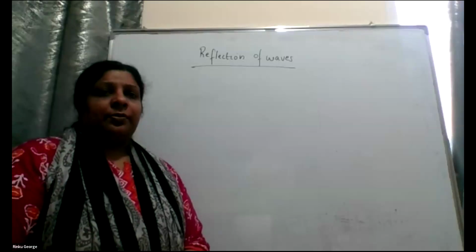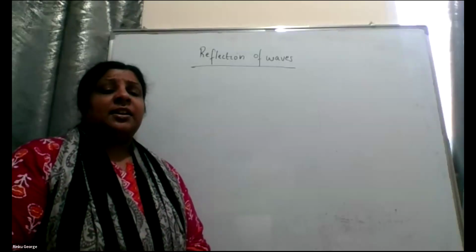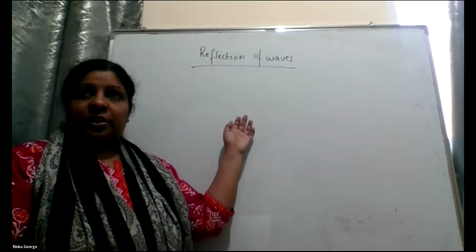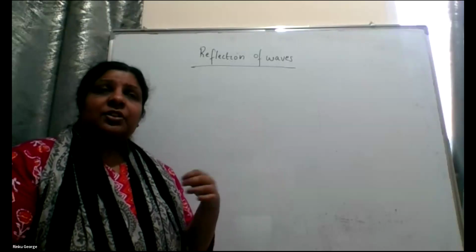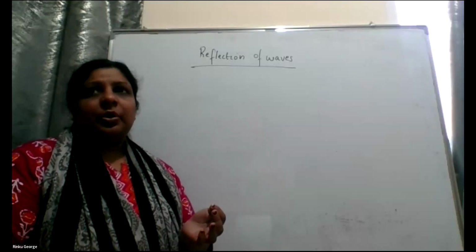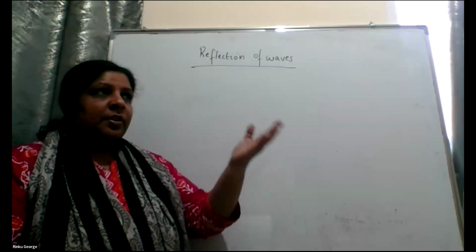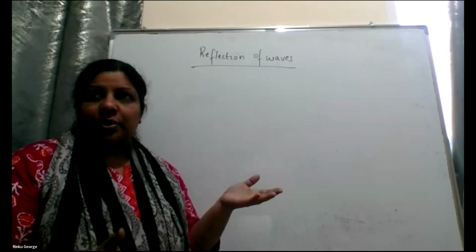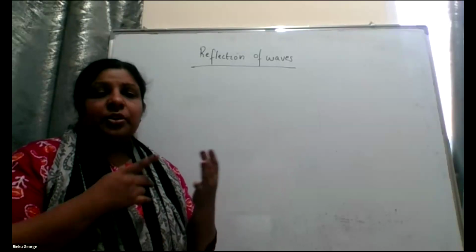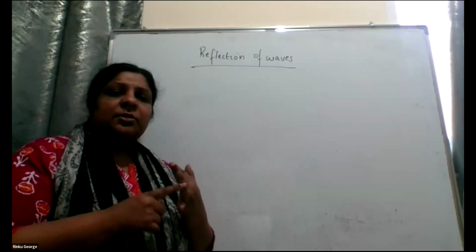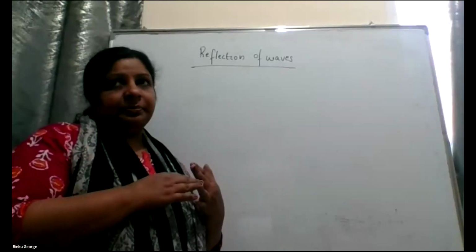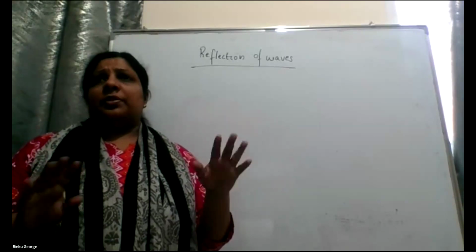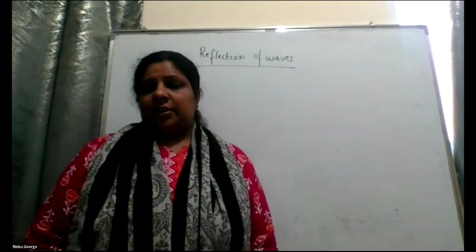Okay, there are two types of reflection. Only one is explained in detail in the textbook. That is reflection in a rigid boundary. Reflection in an open boundary is also there. Open boundary means the sound waves just get reflected within the air particles. There is no rigid boundary. Only the rigid boundary you have to study in detail with the diagram. Reflection is nothing but the bouncing back of sound waves. That's it.